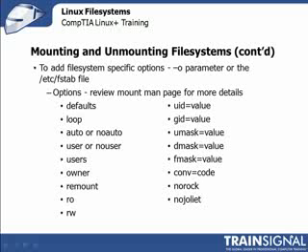If you need to add file system specific options, you can do so with the -o parameter we talked about on the previous screen, or you can do it by changing the /etc/fstab file. There are 17 options, and you can review those on the mount man page for more detail. But they are defaults, loop, auto or noauto, user or nouser, users, owner, remount, ro, rw, uid equals the specified value, gid equals value, umask equals value, dmask equals value, fmask equals value, conv equals code, norock,